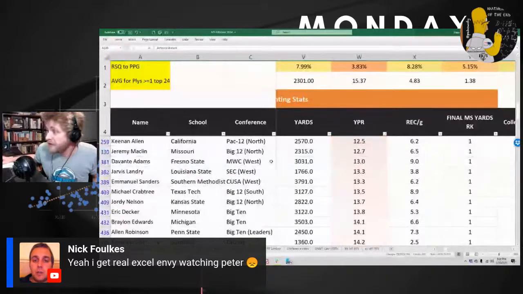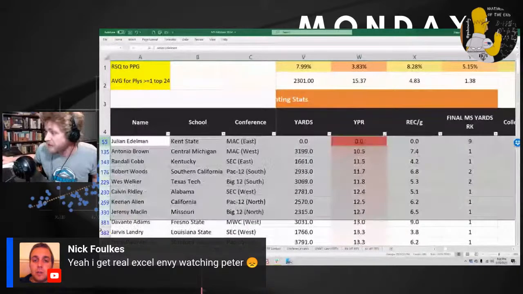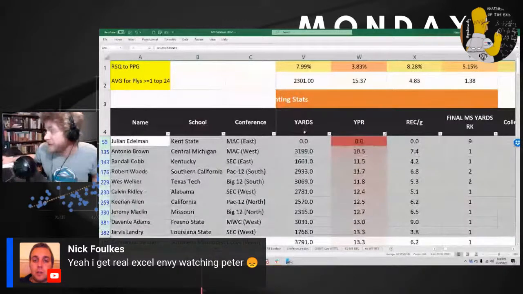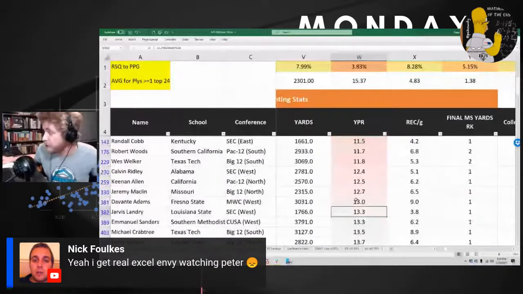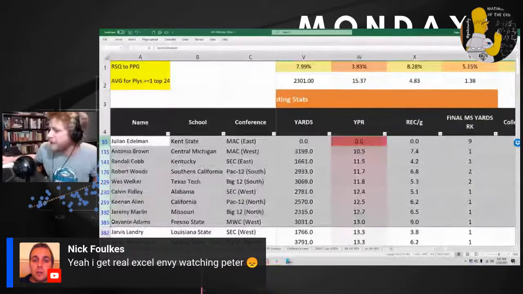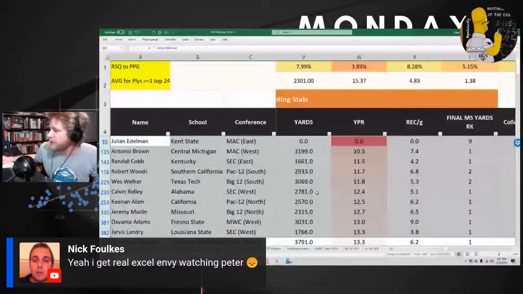Also notice how most of these guys aren't pure slot receivers. Just Landry is 13.3. Again, I can't tell you how much yards per reception doesn't tell us their role, but I do think it's been well and truly documented on tape that Moore was playing in the slot, obviously. But yards per reception isn't a good route to comparing him to past players, is what I'm getting at there.